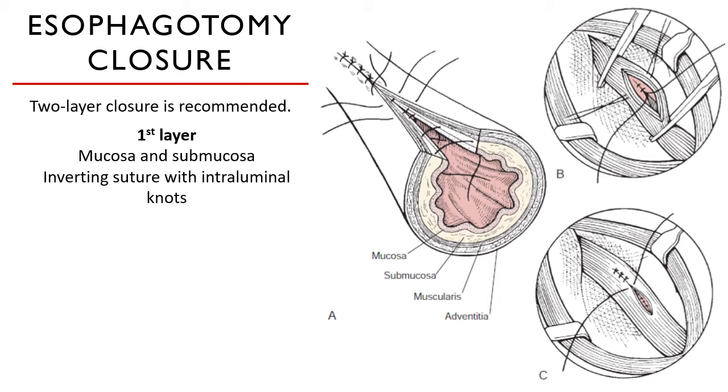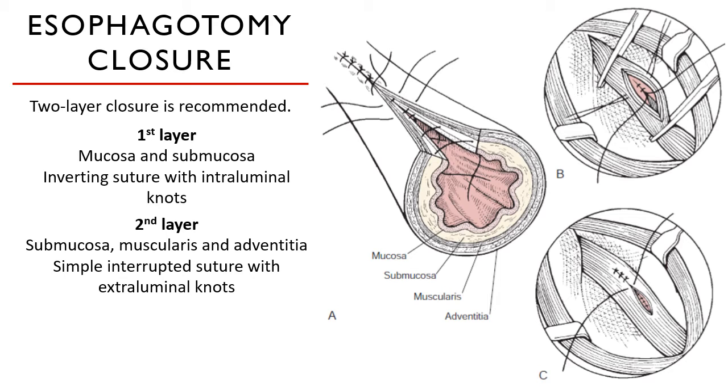You need to invert the knots to prevent leakage and minimize foreign body reaction within the esophageal walls. The submucosa, muscularis, and adventitia are closed as the second layer and ideally is opposed using simple interrupted sutures with